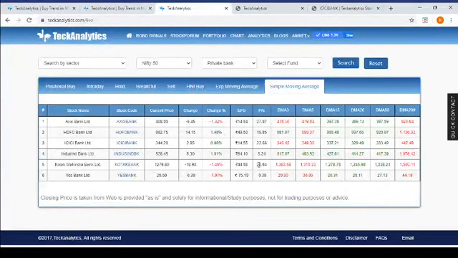Every bank has a different PE. So the larger the PE, the stronger the bank is, in the sense that the market is willing to pay more price for that particular bank's stock, because they are probably having good results, better management, or a successful business model. There are different reasons why a market is willing to pay more. So you can compare Axis versus HDFC, right?